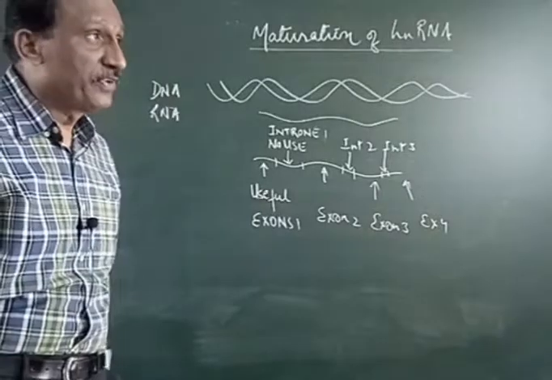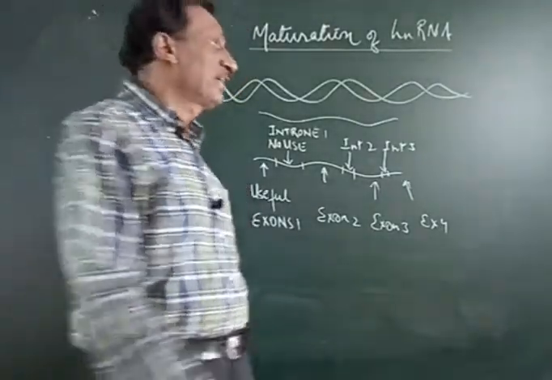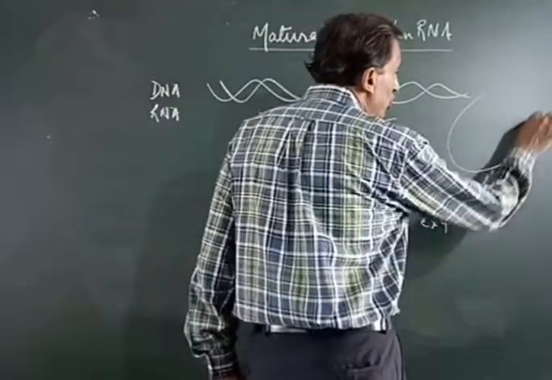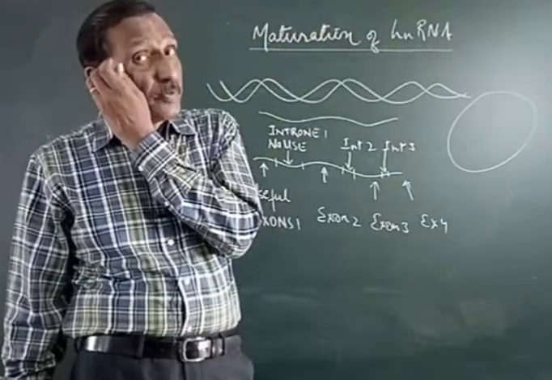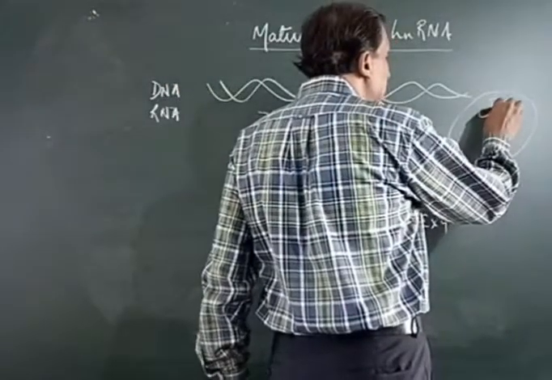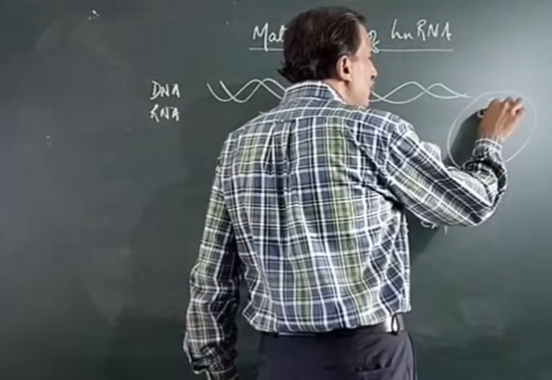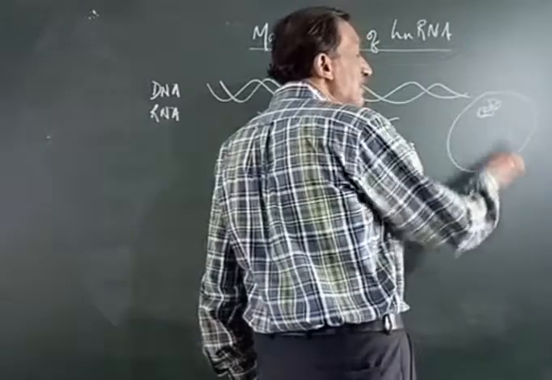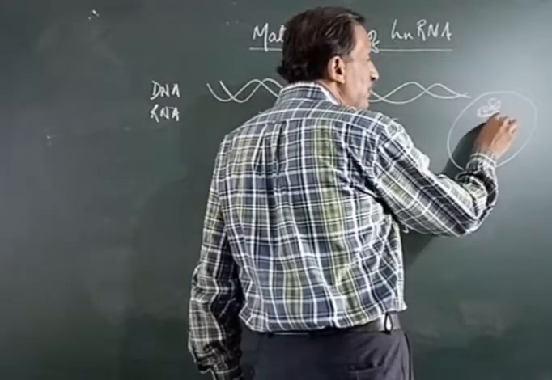I can explain here only: prokaryotes do not have a well-defined nucleus. Rather their DNA lies in a dense cytoplasmic zone known as the nucleoid region. The DNA is here and this DNA will make RNA,